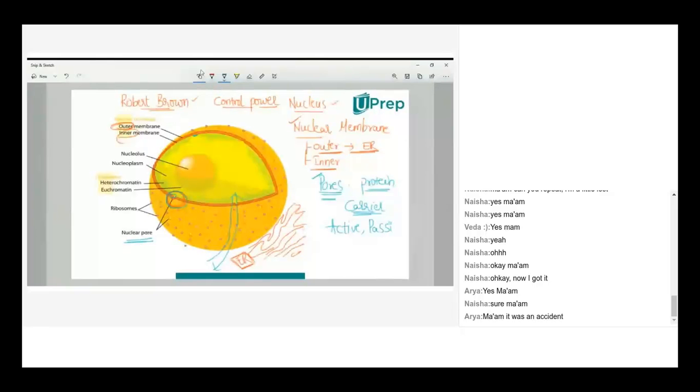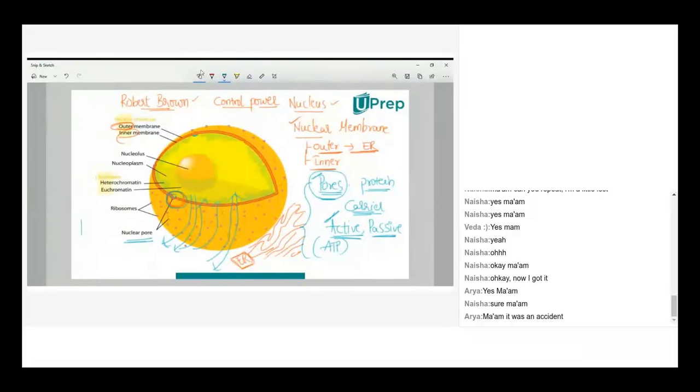These are the two new words you have to understand regarding the transport process. Active transport means using energy for taking up molecules. It's not just taking up the molecules; they use energy in the form of ATP. So that's called active transport. Now some molecules will come out of the nucleus after they are produced. They will move passively without using any energy. That is called passive transport. Two terms: active transport and passive transport. All this happens through nuclear pores.